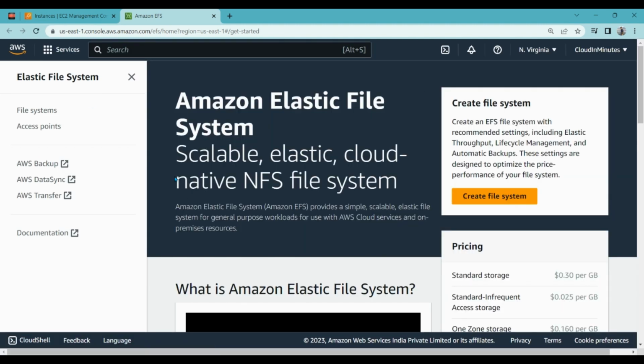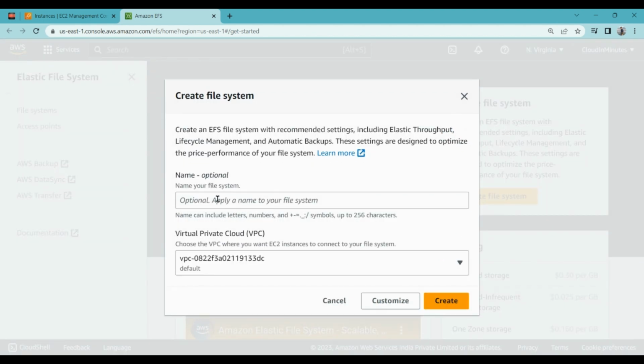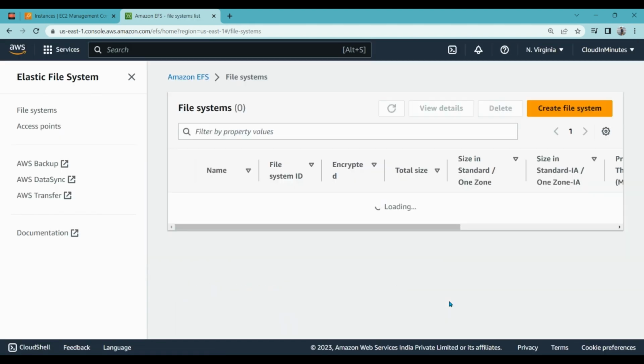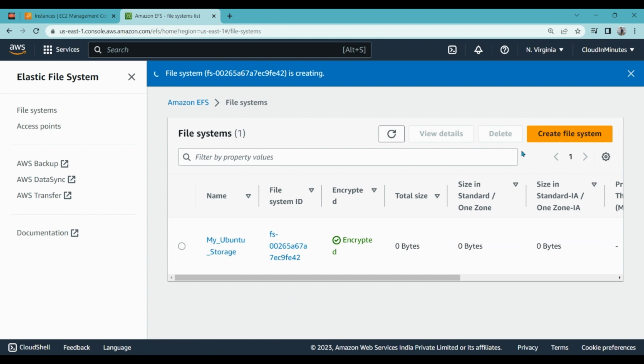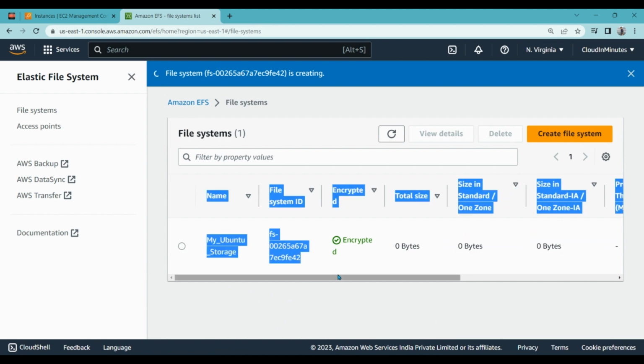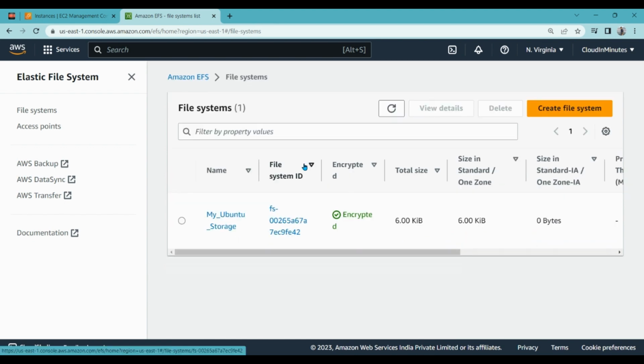Once you are on the EFS main page, click on create file system and then choose the name of your EFS. It will be EFS Ubuntu storage. You have to choose the default VPC, the same VPC which you selected while creating the EC2 instance. Let's click on create. And here it is created now. Click on the file system ID to go into the EFS